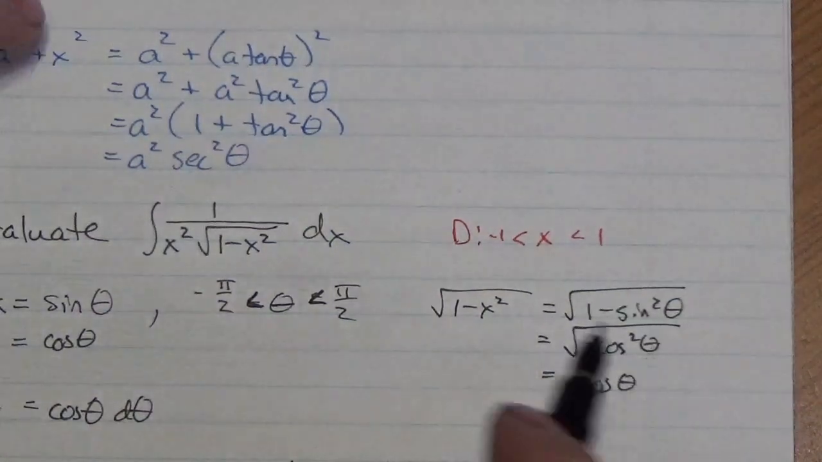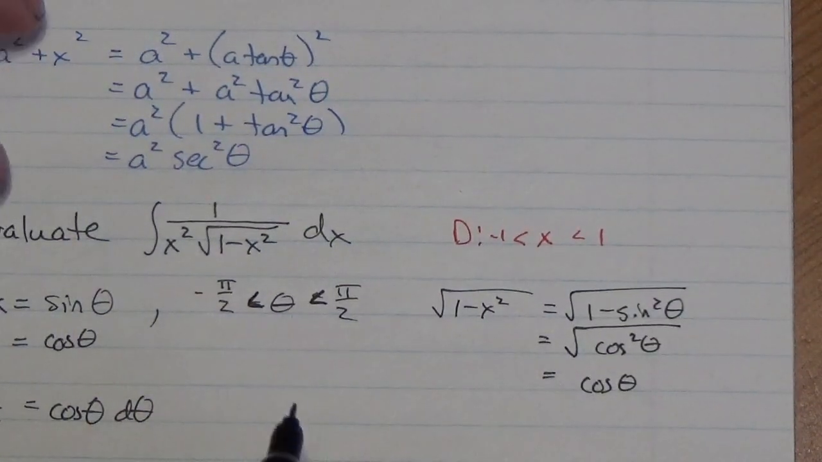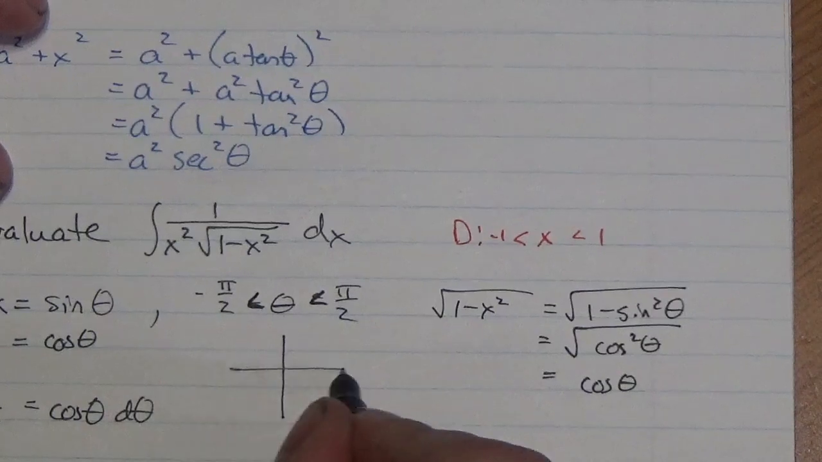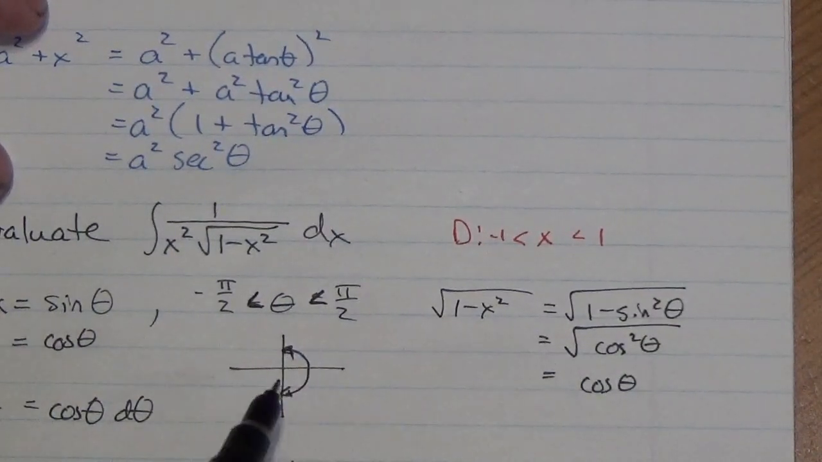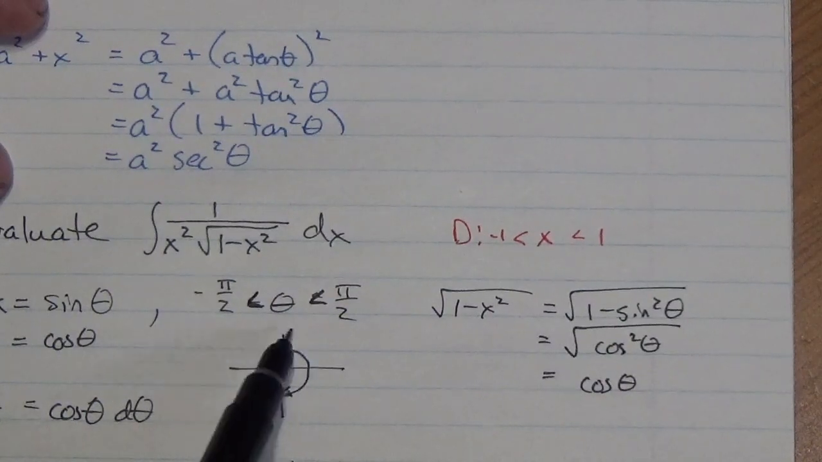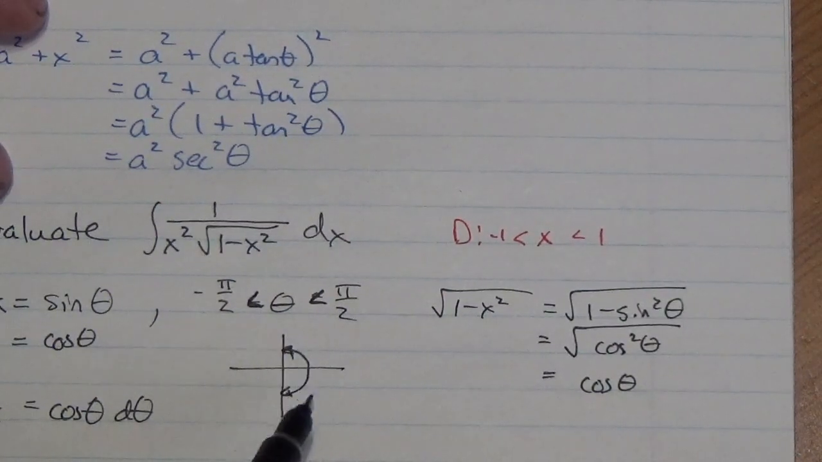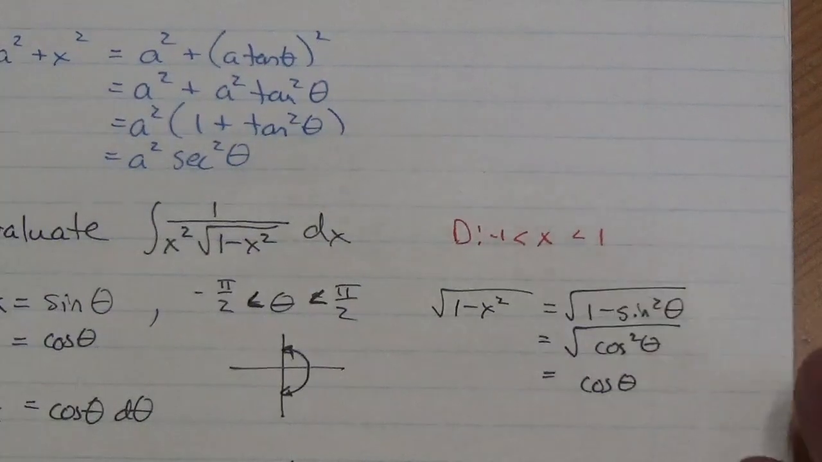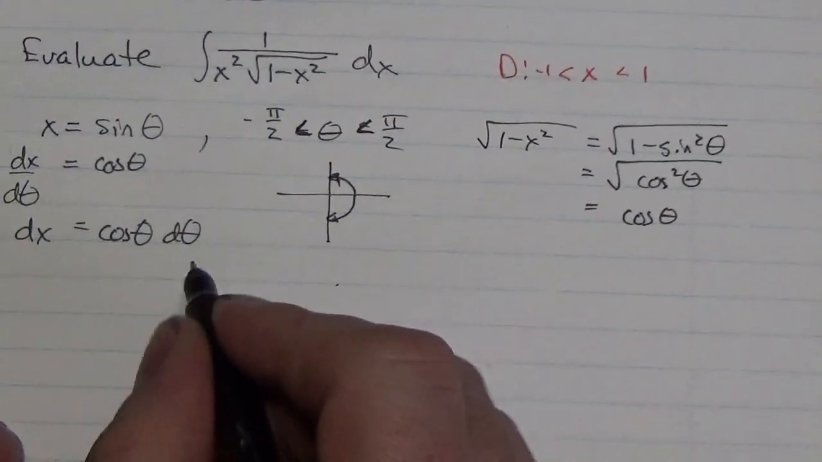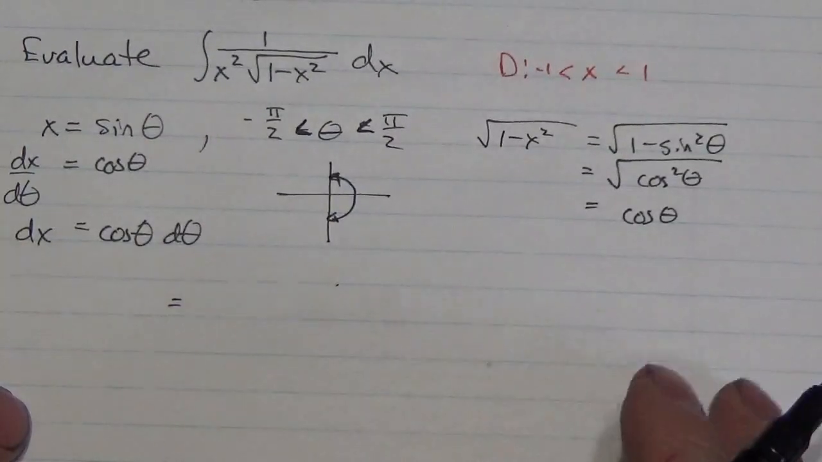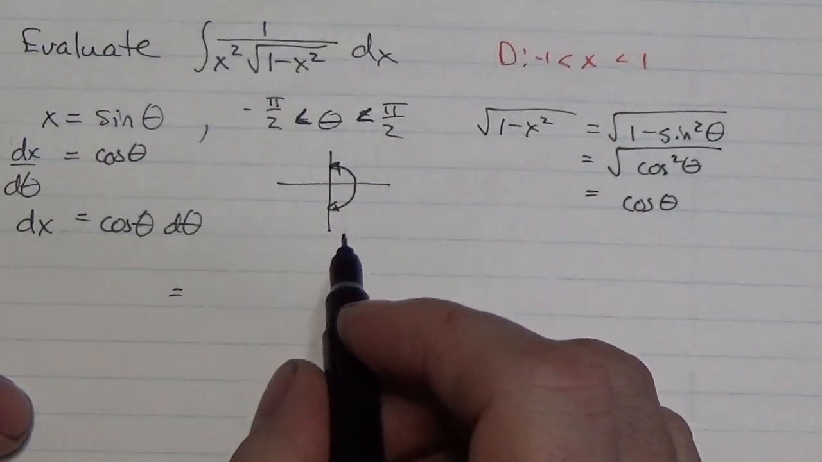Is cosine always positive in the domain that I'm given? And yes, it is. Bear in mind that we're talking about this part of the curve here, and in these two quadrants, cosine is going to be positive. So actually that works out just fine. I am okay with that. So now when I do this substitution, my original function is going to become,